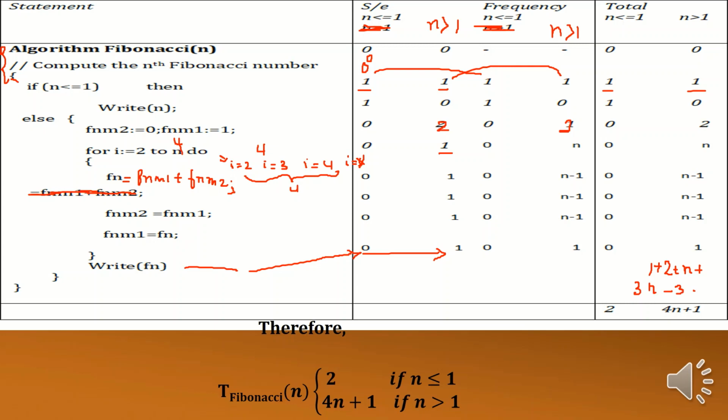So T Fibonacci of n, the time complexity of the Fibonacci program whose size is n, is 2 if n is less than or equal to 1, and 4n plus 1 if n is greater than 1. This is how you can calculate the time complexity or step count using two different methods: one in the table format using the steps per execution and frequency format, and one by introducing a count variable.